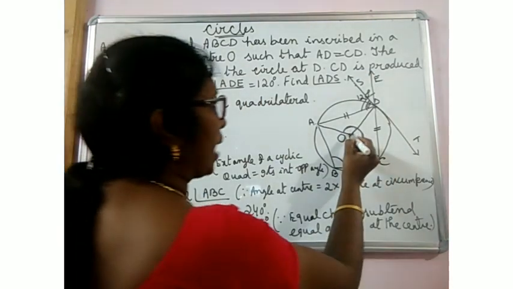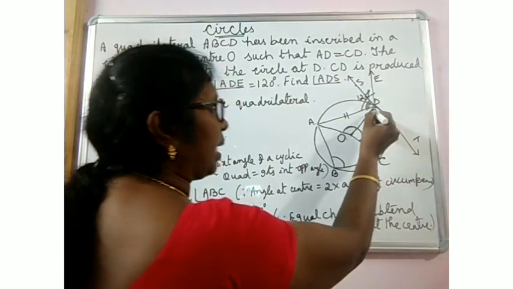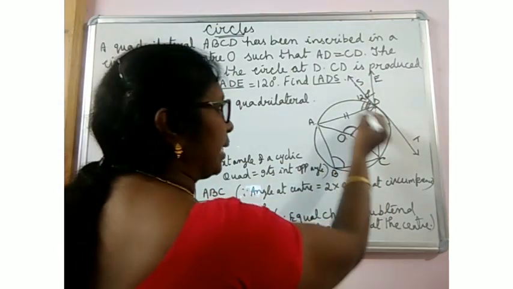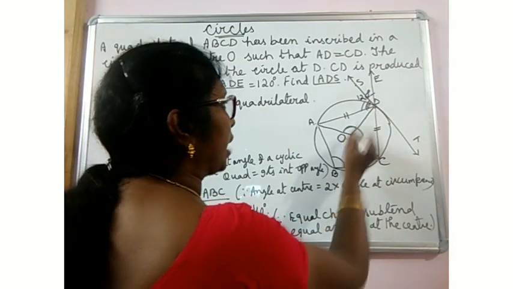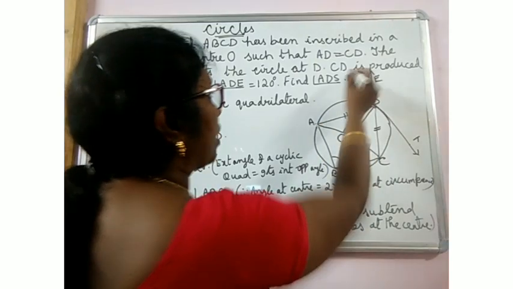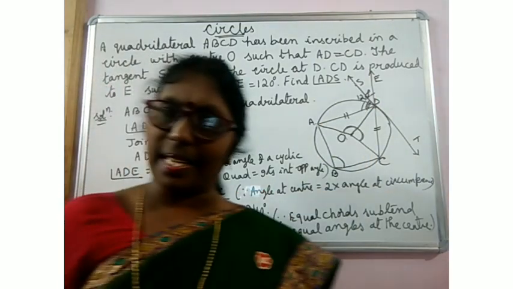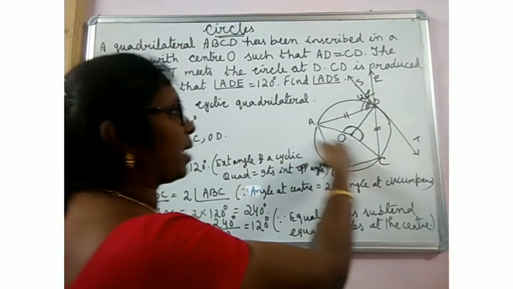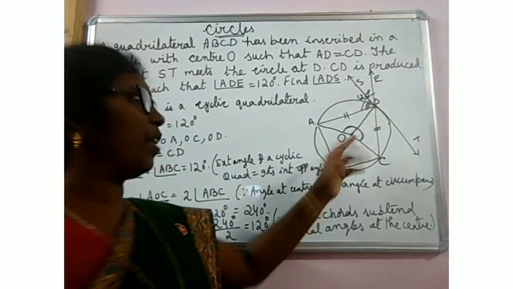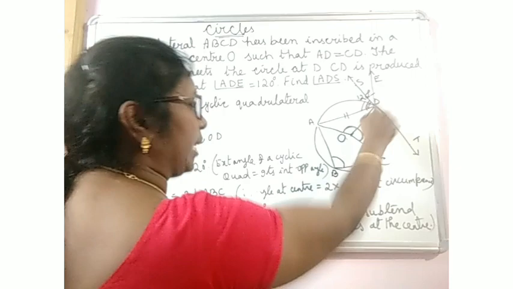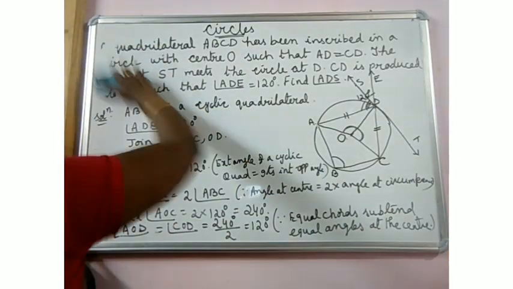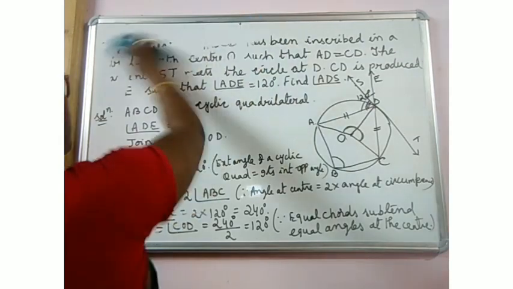I hope you know angle ODS is 90 degrees. This is the angle between the tangent and the radius, 90 degrees. And if you are able to find angle ODA, and subtract it from 90, you will get the required angle ADS. In triangle AOD, we got angle AOD, so we will be able to find angle ADO and angle OAD. So let me do that.